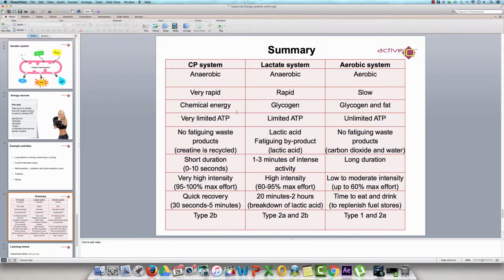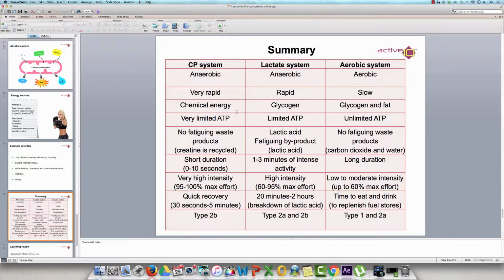And what we've got here is all of them side by side, so we can have a little bit of a comparison and check everyone's understanding. So we have the CP system first of all, the creatine phosphate system. It's anaerobic, alright? It doesn't use oxygen, and we use it very rapidly, and it's creating chemical energy. And the ATP there is very limited. There are no real waste products. There was creatine left over, if you remember, but we can recycle that in the body,